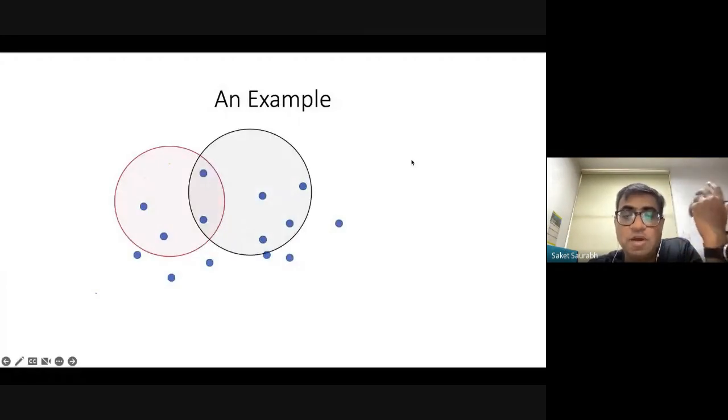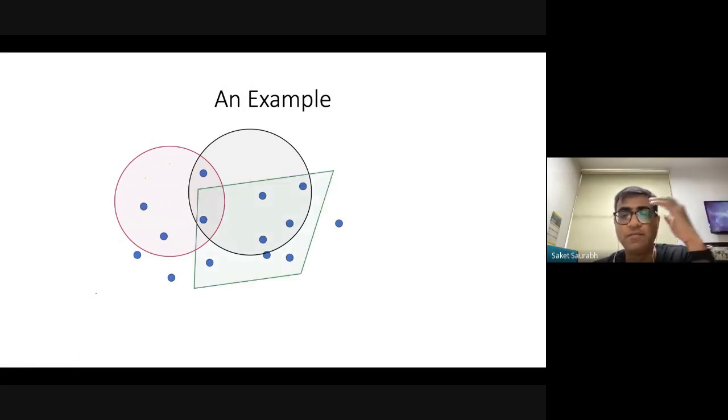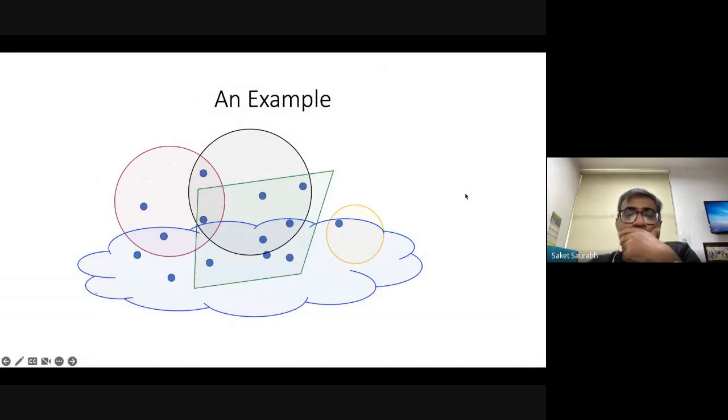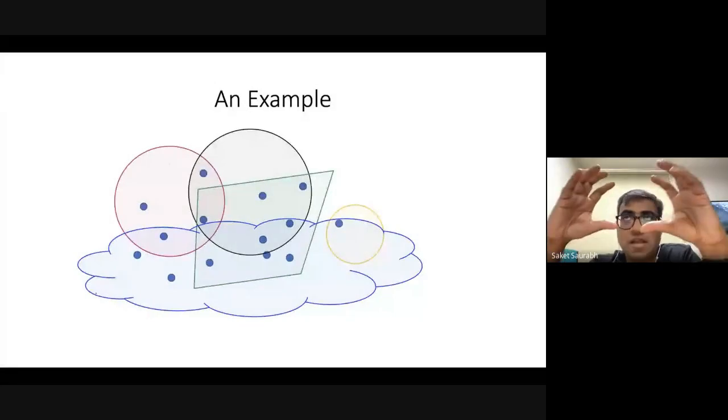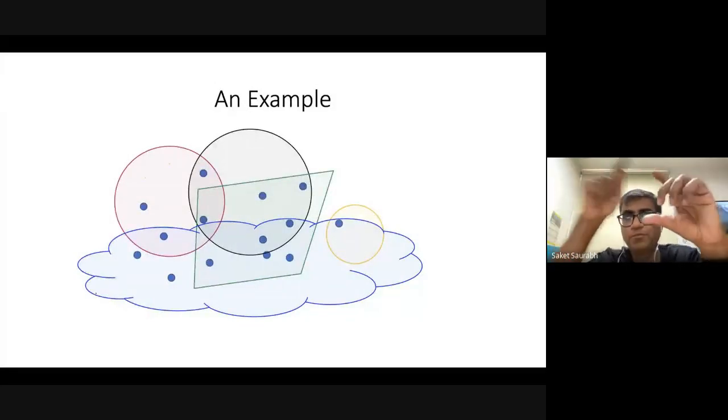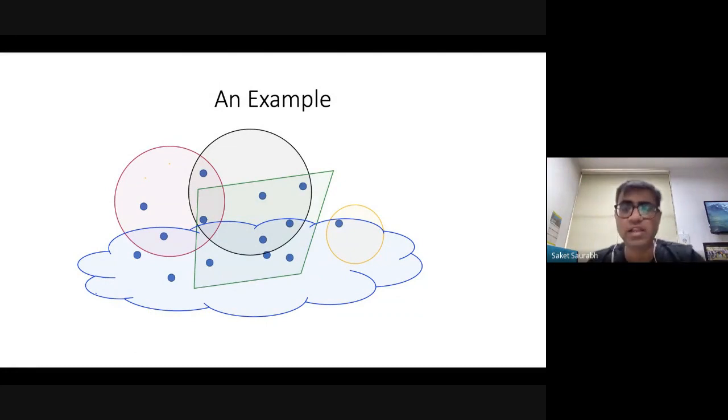And these are the set of people who are midfielders, who could act both as a forward as well as a midfielder. And these are the people who could act as forward, midfielder, as well as back. And this is the role of a goalie, which consists of, say, one player, maybe two players, and so on and so forth. So there are a set of people or objects, and objects are classified or tasked with a role, like what particular task they can perform, or what particular role they could play.